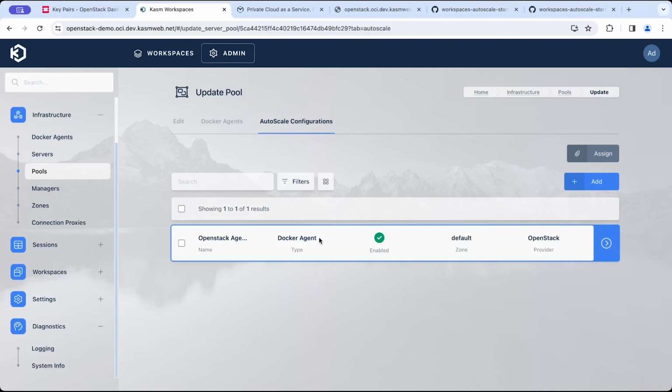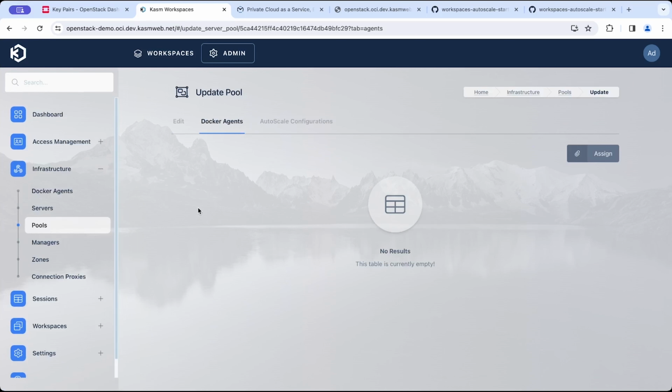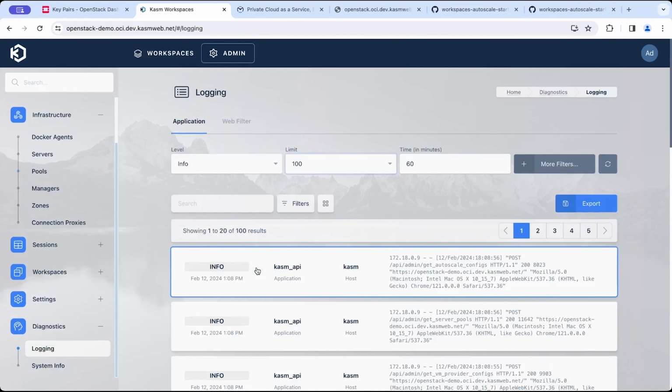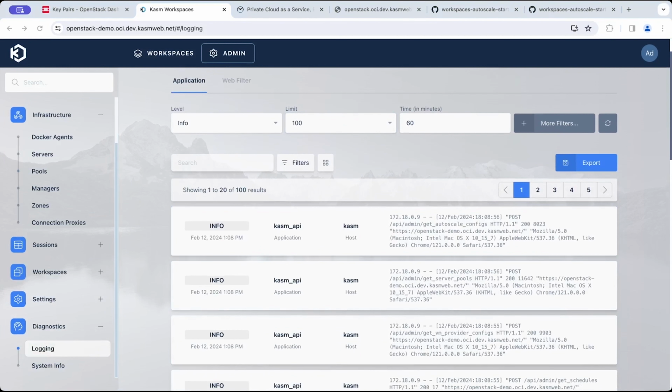After creating our new provider config, after a few moments, we should see in our pool here in the Docker agents, an agent should be created. If for whatever reason one doesn't pop up, a good place to check would be the logs here and take a look for any errors. If you don't see any, another method to look